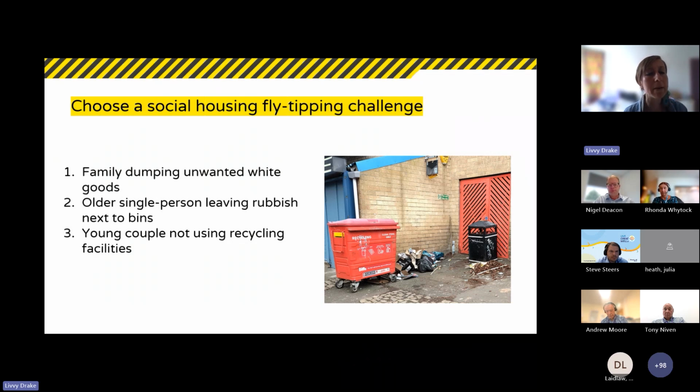Well, quite often that means that people then have a lot more waste in their black bags, and they can end up then dumping that. So that's a slight aside, but if there's something else that you want to look at, please go ahead and choose it, but make sure it's a specific resident group.